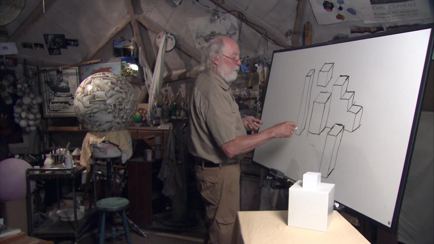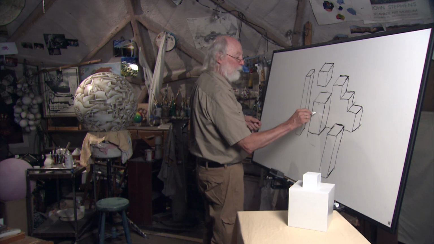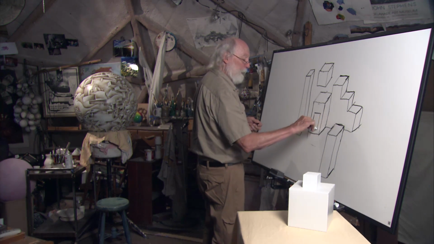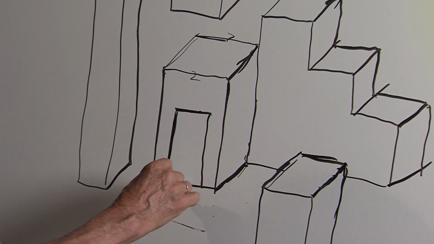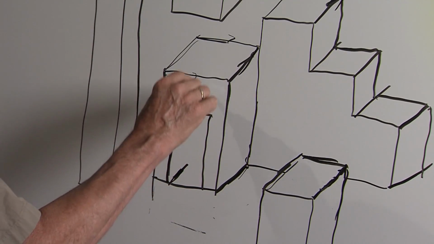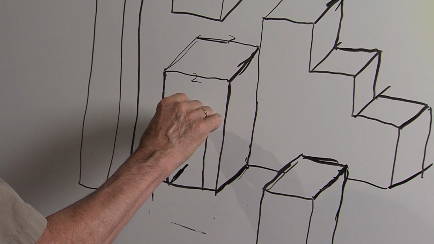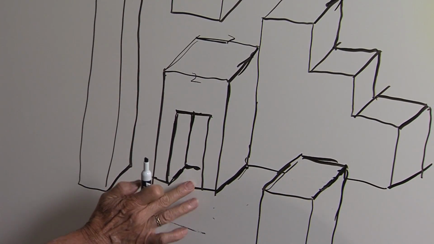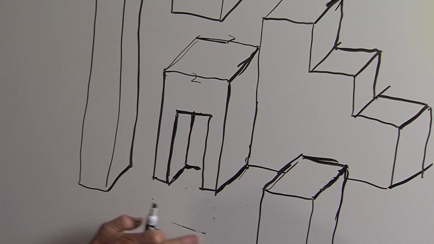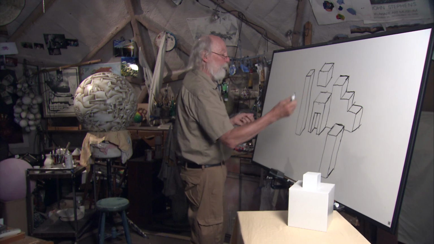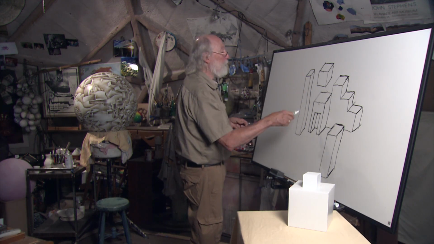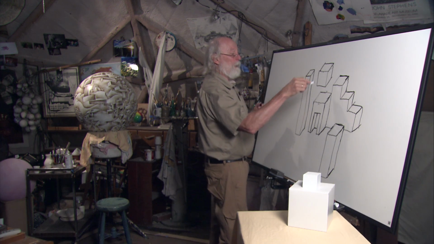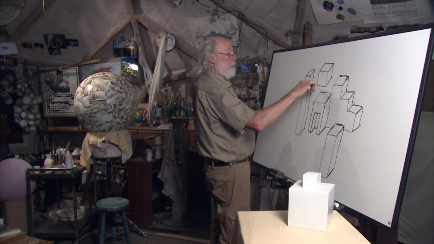We could start chopping into these a little just for the subtraction of a cube. I'm going to cut a hole in here and run this back in space. About that far back, and erase this line here. And gradually, as we add detail to these, they'll turn more into buildings. I might just start by doing that a little bit. I'm going to get this so it's actually back behind.